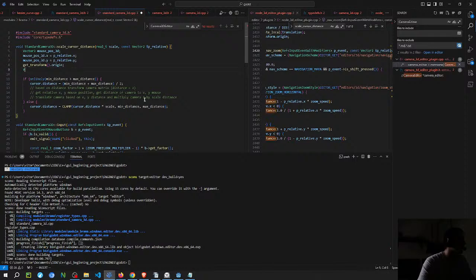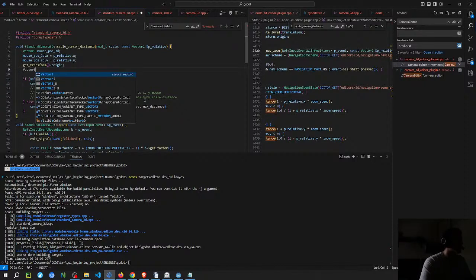It's gonna be a float. Well, let me think about this. Yeah, so it's gonna be one minus the other, because I want the vector, not the magnitude. Yeah, then you normalize, so